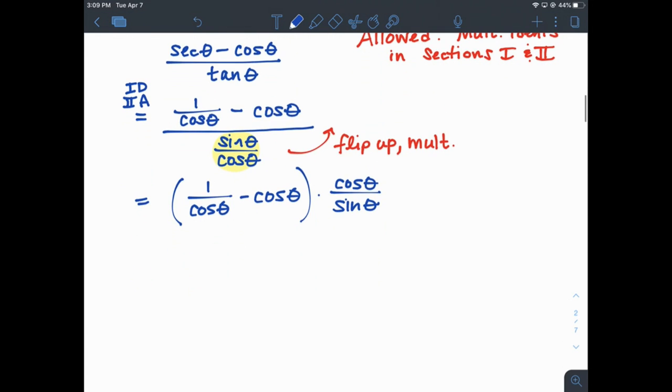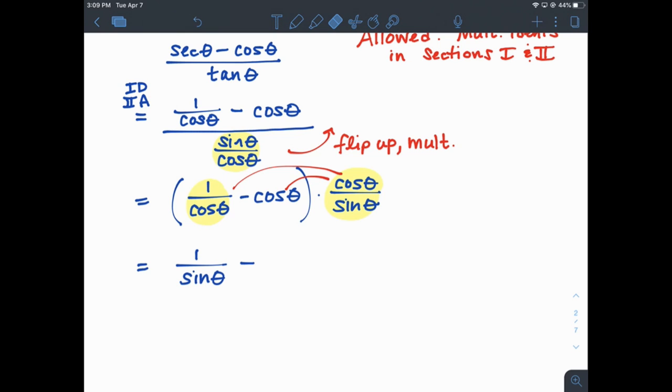All right, so let me scooch a little bit. So now we're going to distribute. And then just so I don't have to write all of this down, when you do 1 over cosine times cosine over sine, when you multiply fractions, yes, you can cancel. So you get 1 over sine